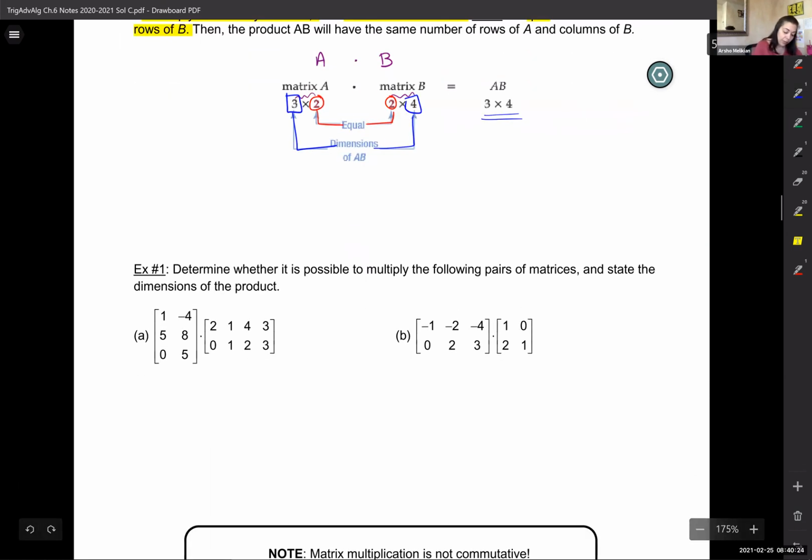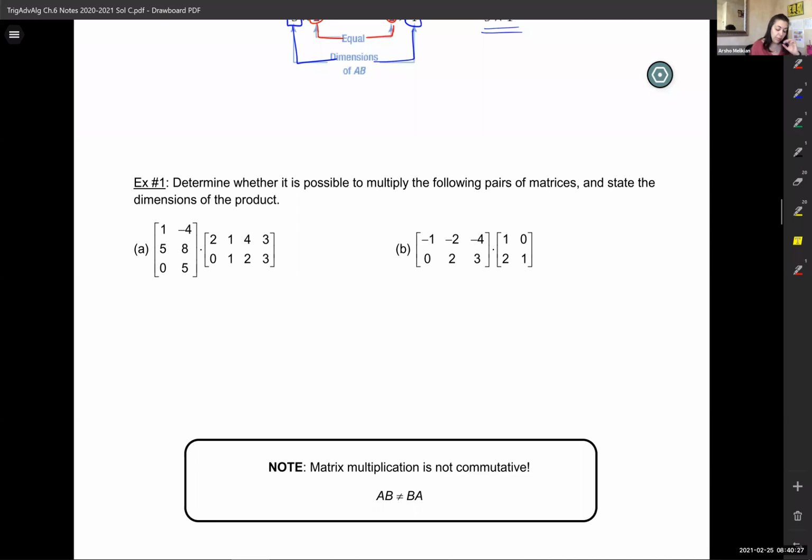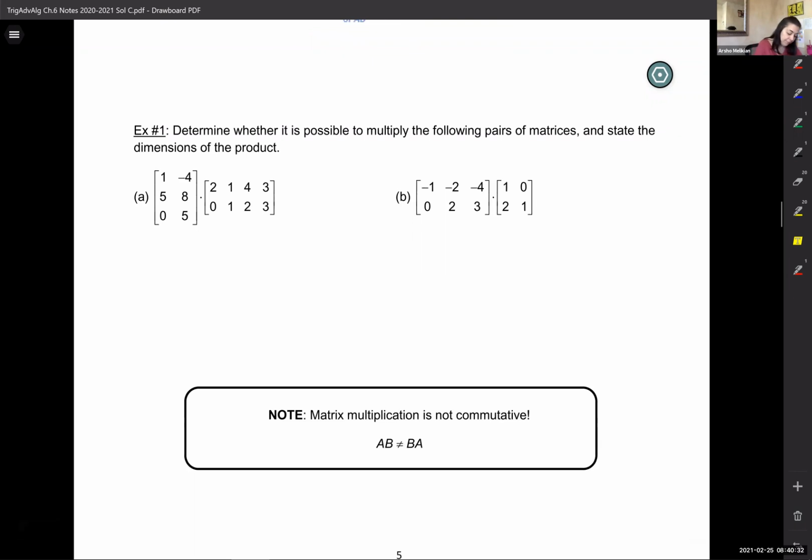Take a look here. Let's practice with that. Determine whether it's possible to multiply the following pairs and state the dimensions of the product. Okay, so let's see. We have a 3 by 2 and a 2 by 4. Is it possible to multiply these? Yes, it is, because these two numbers are the same. And the resulting matrix will be a 3 by 4. So let's see what a 3 by 4 looks like. A 3 by 4 will have 3 rows, 4 columns,